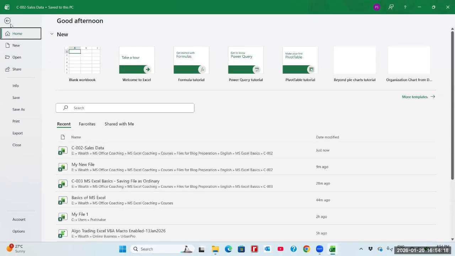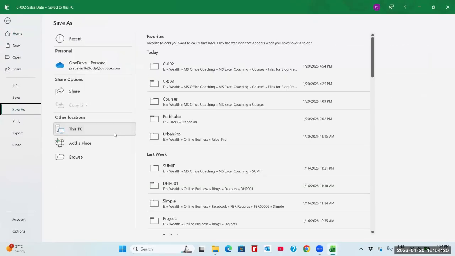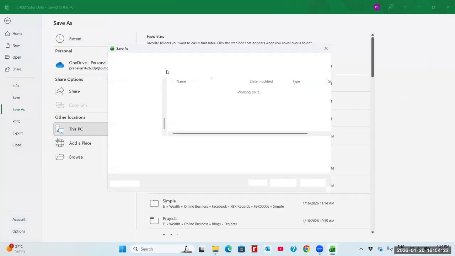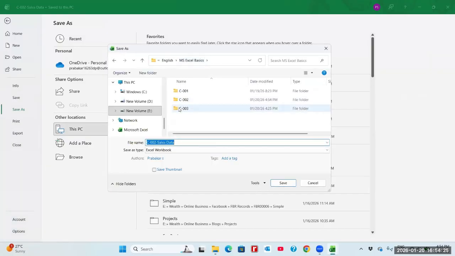Now I am going to save this as C-004. Okay, so I'm creating a subfolder C-004. Inside this, I'm going to save the file as C-004 sales data